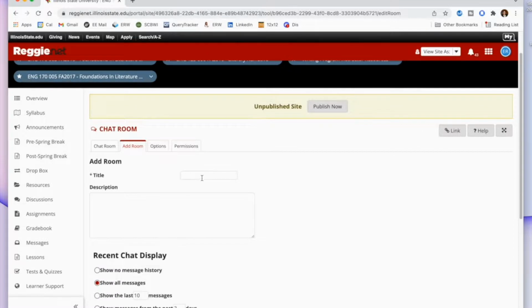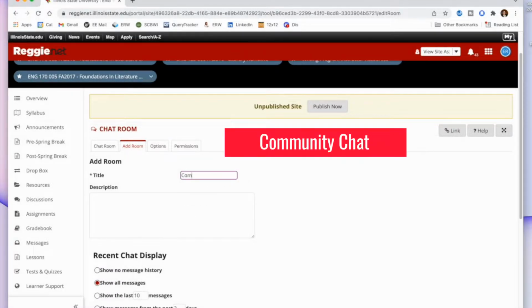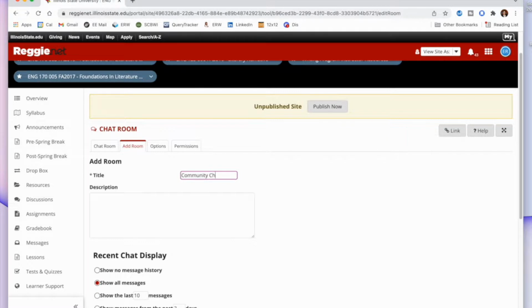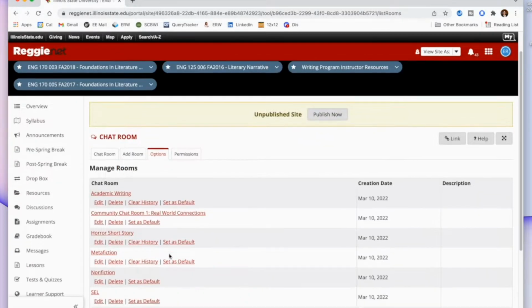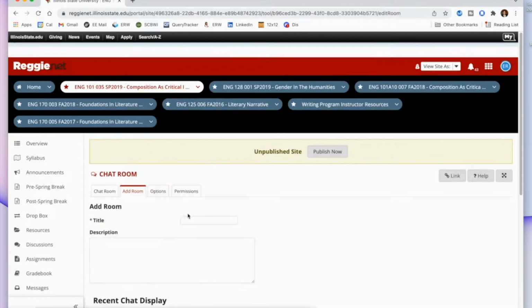And the third idea is to use this as a community aspect of the course. So community chat room 1, and it might be real world connections, right? So maybe you have a chat where if students want to, they can come in and chat about, oh, we did this reading on Tuesday, and coincidentally on Wednesday, this article came out about this, or the celebrity talked about this book, or I saw a commercial that reminded me of this character, right? So you can have different community chat rooms, maybe you have one for real world connections, and then you also have one